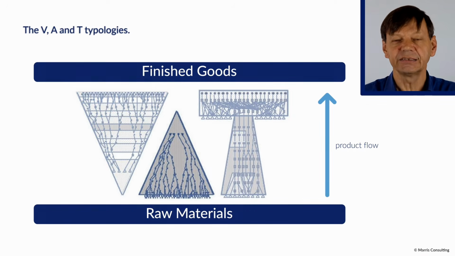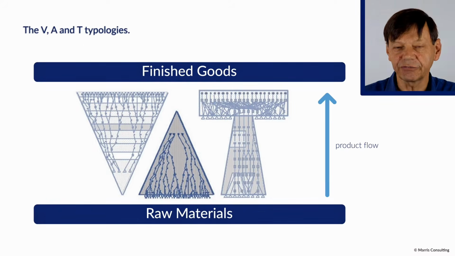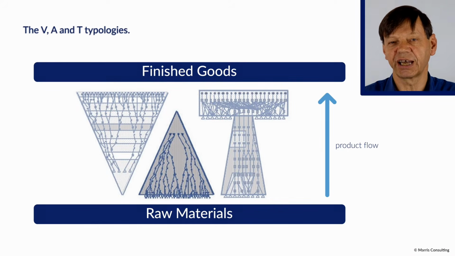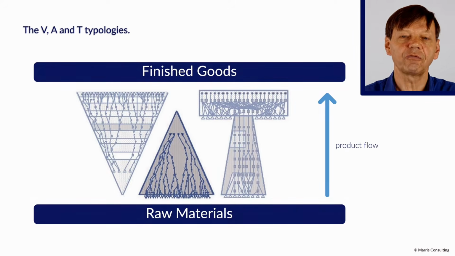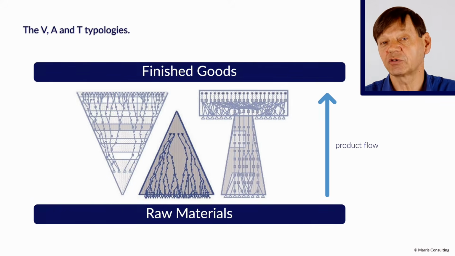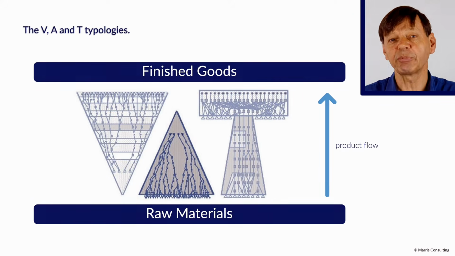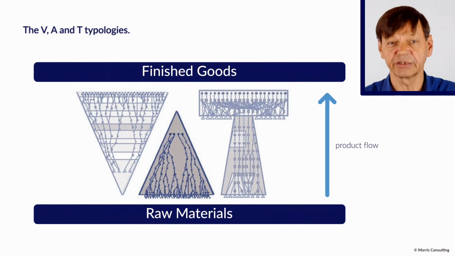The second one is A, the A plant. It's the opposite, of course. That's to say that, like the letter A, it has many, many different kinds of raw materials and purchased components, but it has very few finished goods. These are often original equipment manufacturers, OEMs, people who, for instance, make windscreen wiper engines for the automotive industry. You would have, of course, an organization such as Apple with its iPhone, where there are very few different kinds of iPhones compared to the number of components that go into making an iPhone. These are